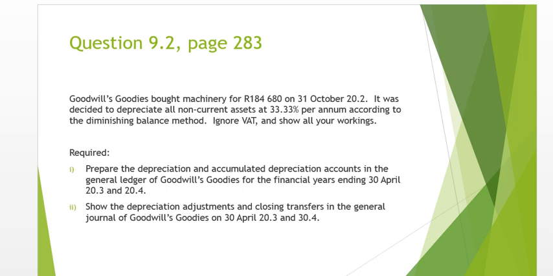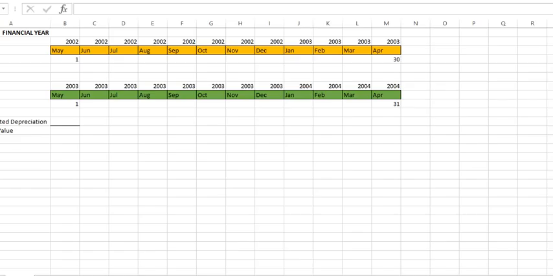So required is to prepare the depreciation in the general ledger as well as in the general journal, where our financial year ends on the 30th of April 2003 and 2004. Okay, so if you have a look here at our timeline, our financial year ends on the 30th of April 2003, meaning it started on the 1st of May 2002. We bought this vehicle on the 31st of October 2002. In other words, we're just going to make it the 1st of